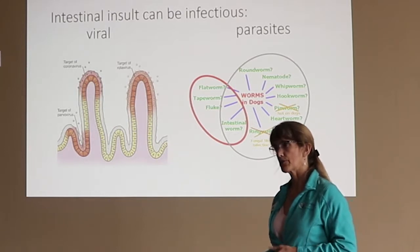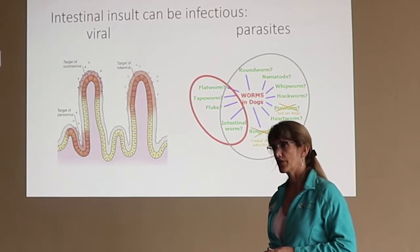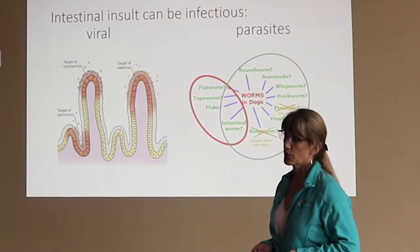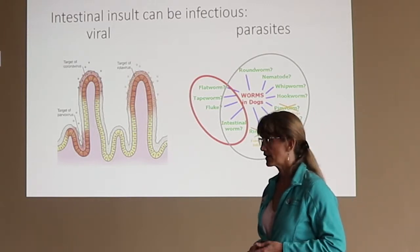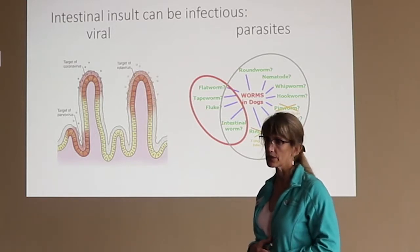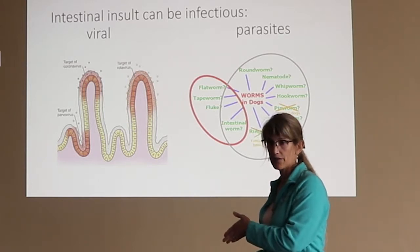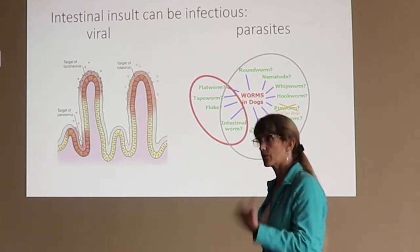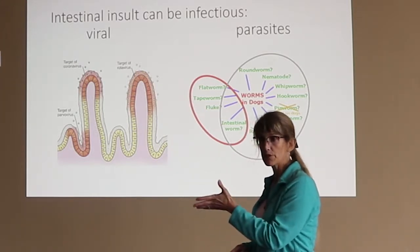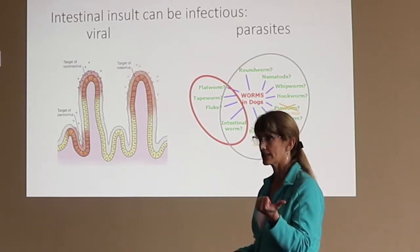Our intestinal lining replaces itself about every 7 to 10 days. So when you think about it, it's pretty phenomenal that we can do that. Wow. And those of you who have experienced chemotherapy or know someone who has, that's part of why chemotherapy is so damaging to people, because it hits the rapidly dividing cells. Cancer is rapidly dividing, so when we give chemotherapy, we're trying to stop those cells from being able to reproduce themselves. Well, we hit some other populations of rapidly dividing cells, which is the lining of the intestines and the